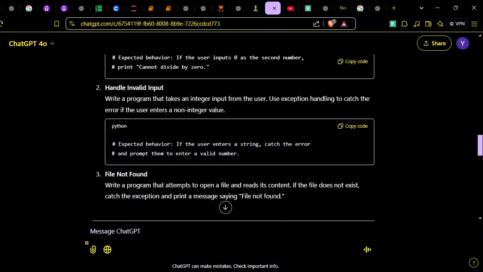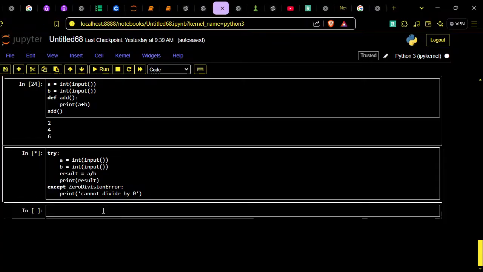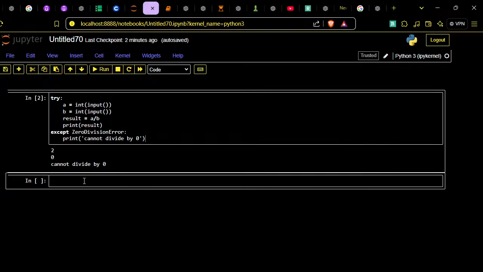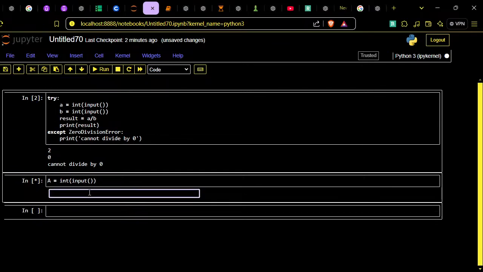Write a program that takes an integer input from the user. Use except handling to catch the error if the user enters a non-integer. First, I have to understand what it does if I don't put an integer in it. So let's go. K is equal to int input, right? Okay, and now if I put R in it,